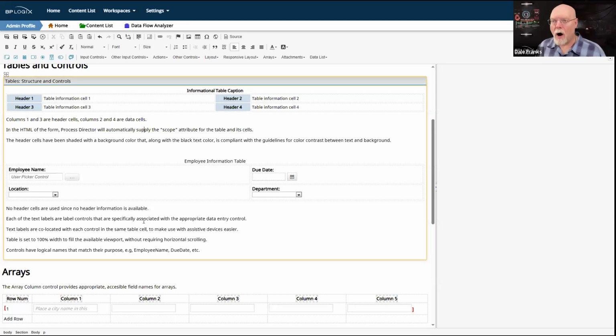First of all, the browsers generally handle tables exactly the same way in HTML, and they present them the same way to end users. So they're predictable, which is great, but it's not really the reason why we do it. The reason why we do it is because Process Director is designed for non-HTML developers, non-designers, non-IT people to have the ability to go in and create forms with appropriate training on the product. And tables are an easy way for people to understand how to lay things out.